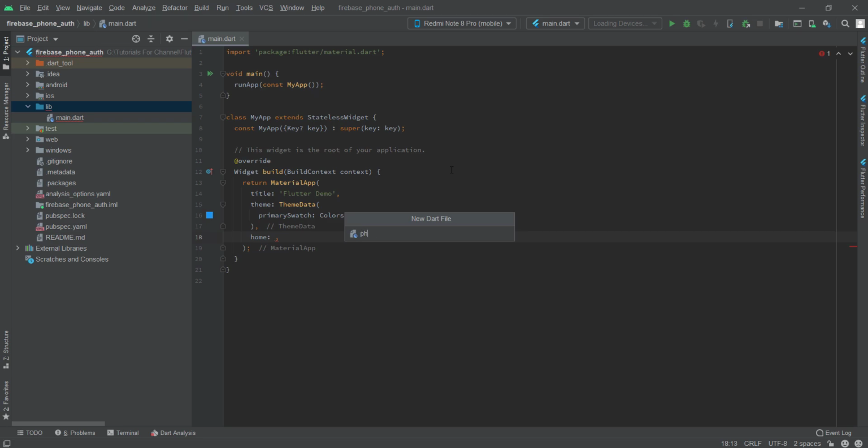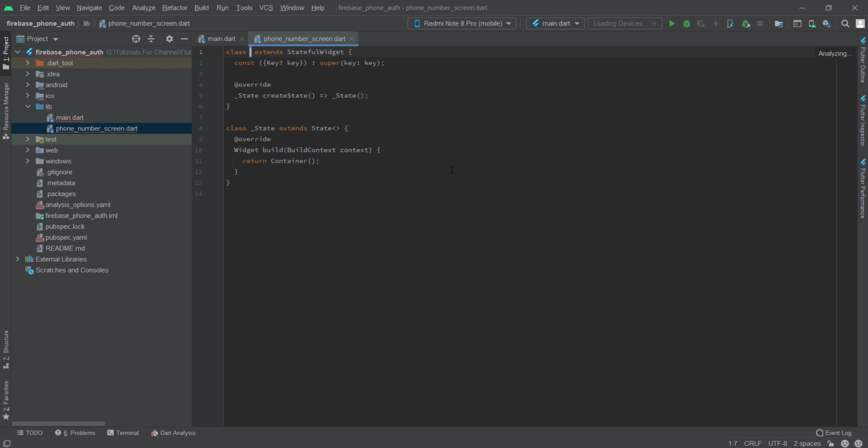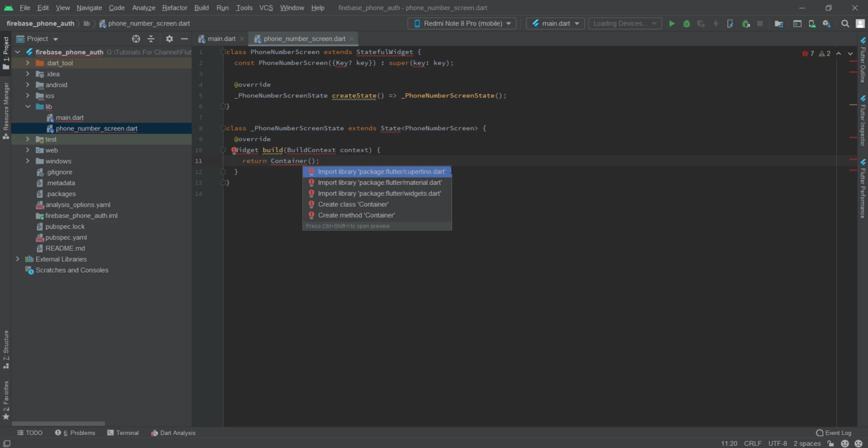So let me create a phone number screen, stateful, STF. When you write STF, it will show you a new stateful widget code, phone number screen. Okay, alt enter, and we have to import our material